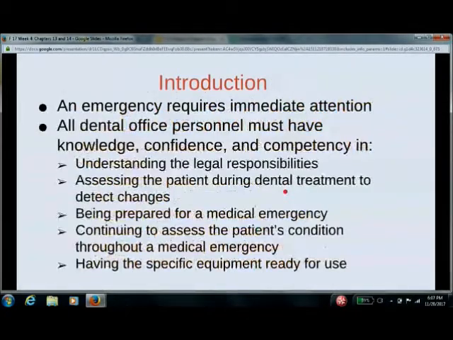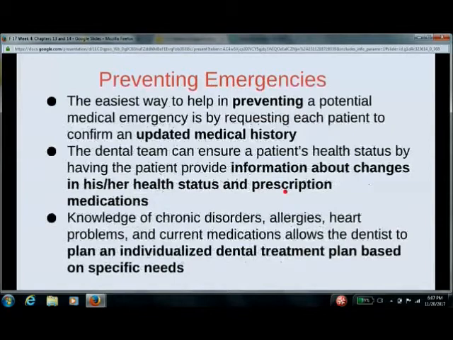All right, so what's an emergency? Something that requires our immediate attention. And being prepared, having our equipment ready are the main things that we need to be able to do as dental assistants. So for preventing an emergency, the easiest way,